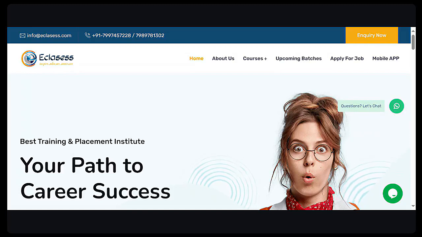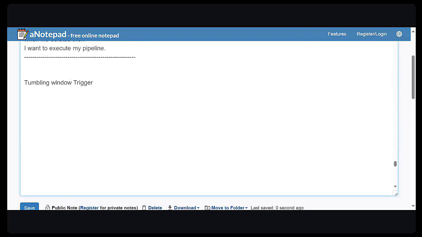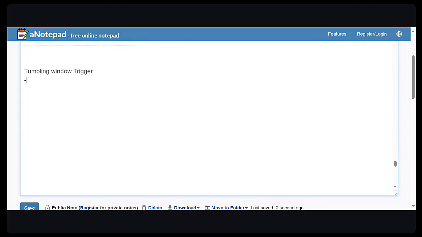All right. So what I'm going to discuss in today's session is the tumbling window trigger. In what kind of scenarios can we use this tumbling window trigger? Let's say, for example, I have an Azure SQL database. Inside this Azure SQL database, I have data in the sales table. The sales table contains the sales ID and